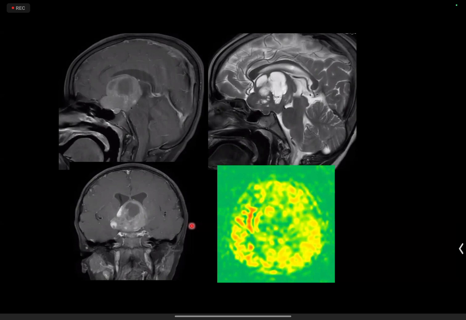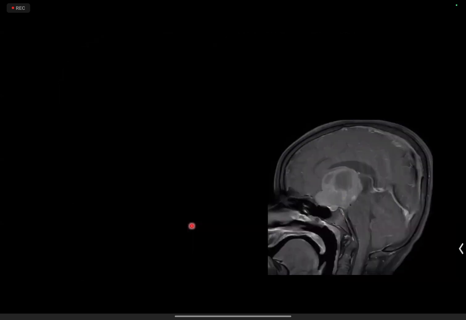Yes, ma'am. Okay. So what are you thinking? I would suspect a suprasellar mass. It could be a craniopharyngioma. It could be a chiasmatic glioma, or an astrocytoma. Or other differentials? This is a child. Even though not mentioned, you can make out from the morphology. Germinoma. It could be a germinoma. And of course, this was an opticochiasmatic glioma.